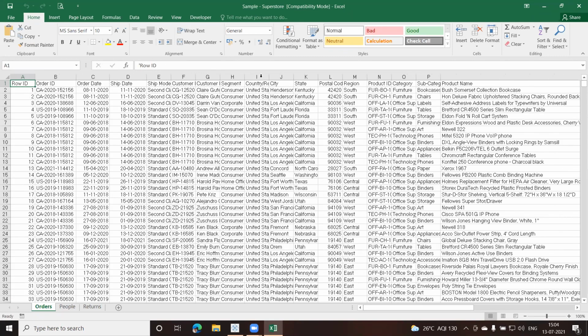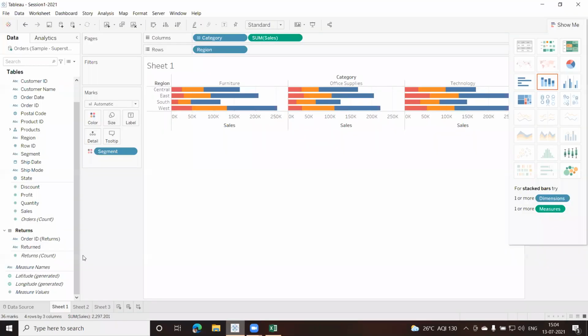Secondly, you can see it has been written here, orders, orders into bracket count. Even this one is not available in your Excel file. So these are automatically generated fields, you can say, created by Tableau on its own. This gives me the total number of records, the orders record.